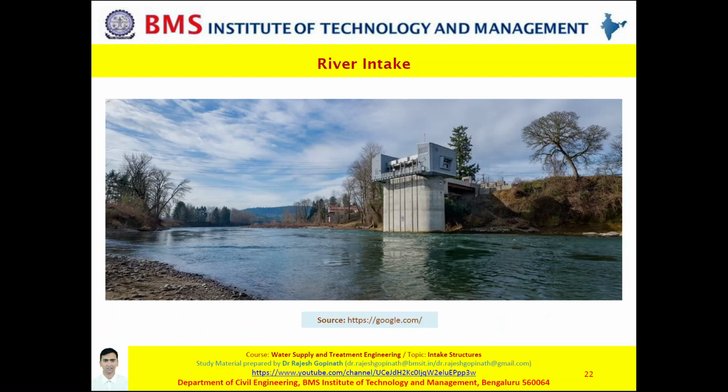A beautiful image, you are looking at a river intake. Obviously when a river is a source of drinking water, then you call it a river intake. Generally, river intakes are located sufficiently inside the river. That is, it may also be located near the river bank wherever a sufficient depth of water is available. But please understand that we need to ensure that the water is available throughout the year.